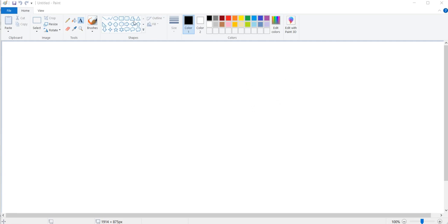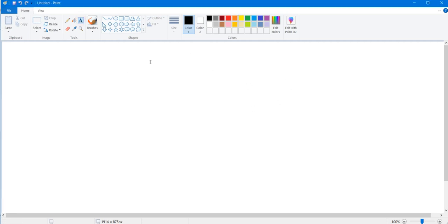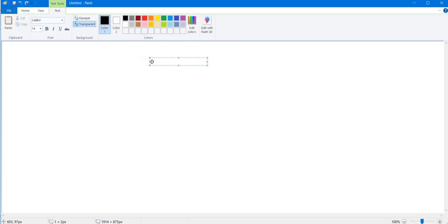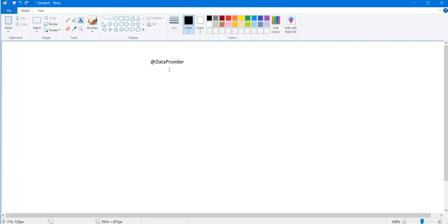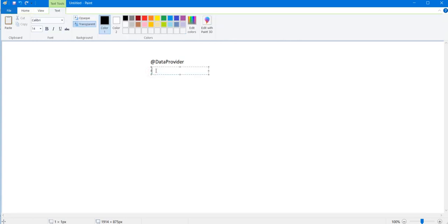Guys, before we begin, I just need to focus upon one annotation which is known as data provider. Okay, what is it? Data provider. You will come across this annotation and it is signified in this way: @DataProvider. So I just need to first discuss the main features of it, what it is meant for, and why we need this data provider. First of all, we need to understand why we use this data provider.